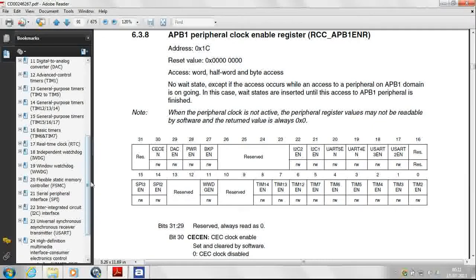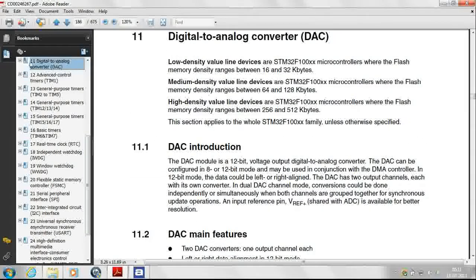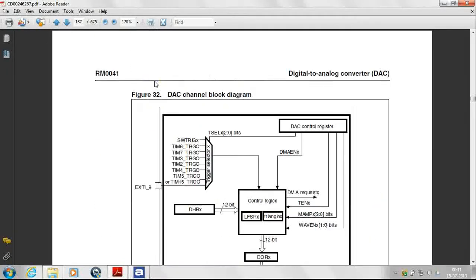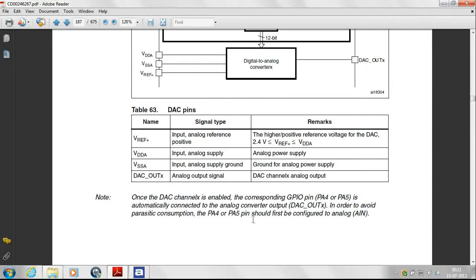It says once the DAC channel X is enabled, the corresponding GPIO pin, that is PA4 or PA5, as I have already explained, is automatically connected to the analog converter output, that is DAC output X. In order to avoid parasitic consumption on this pin, it is required that these pins should be first configured to analog in.